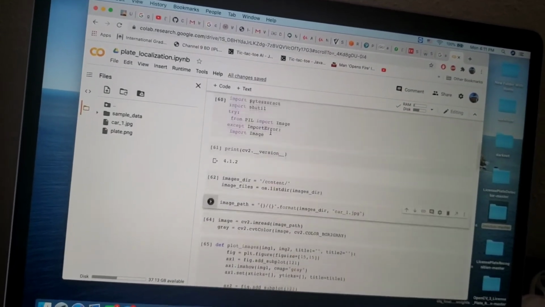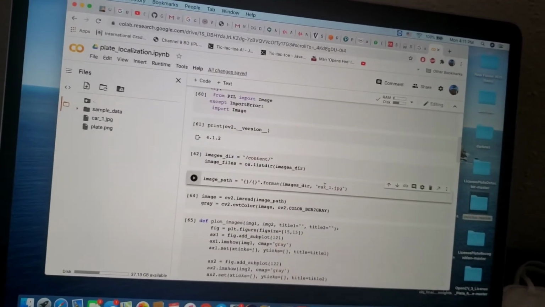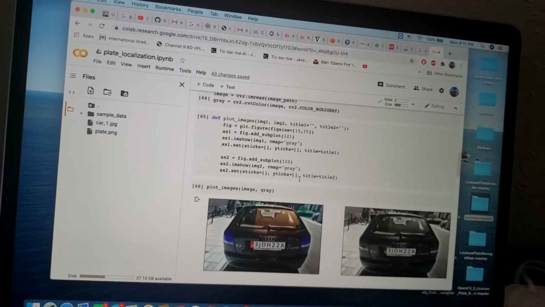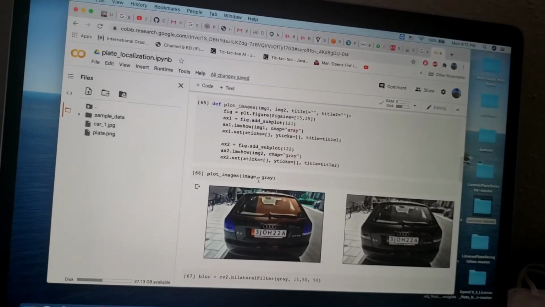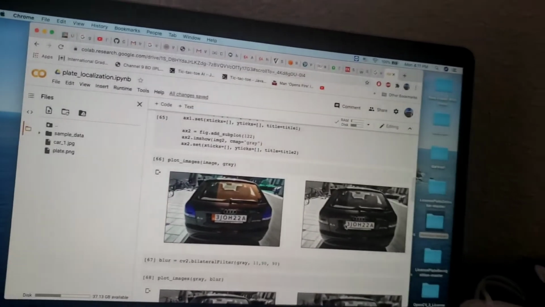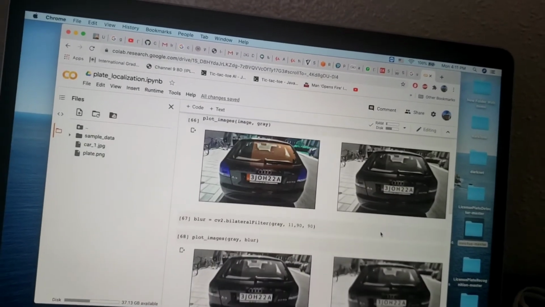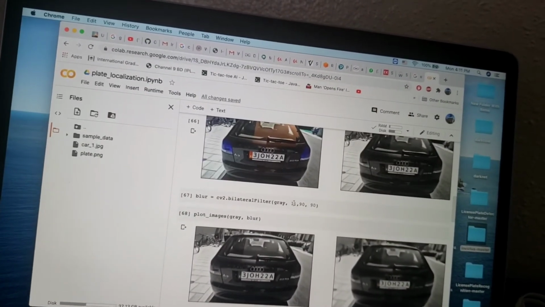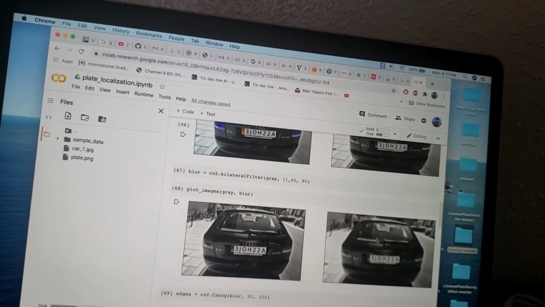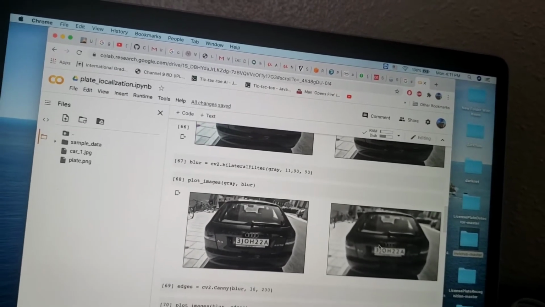We are taking car1.jpg as an input, and then we make it grayscale. Why grayscale? Because grayscale makes the text more visible, only black and white. Then we use a bilateral filter for blurring the image. Only the thing we need remains.